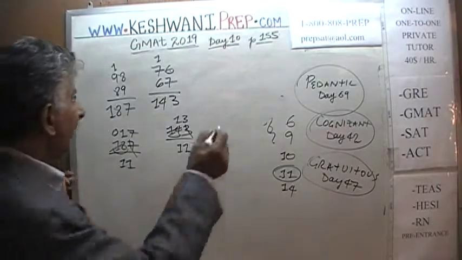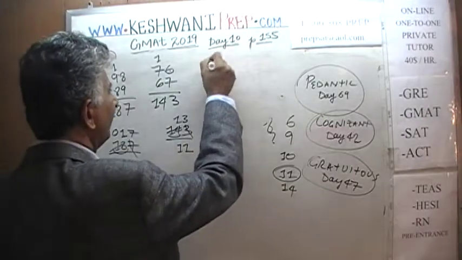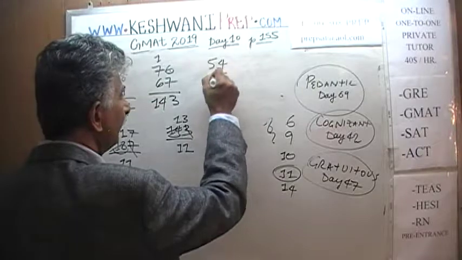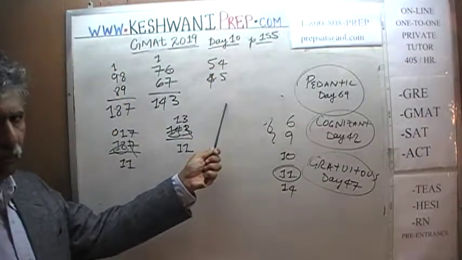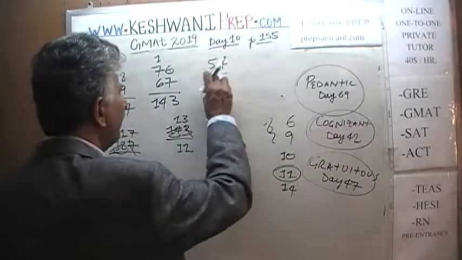One last one. We did 9, 8, 7, 6. How about 5? Well, 5, 4 would not work. Why would 5, 4 not work? Because it only goes up to 9. We want to go more than that because this will be 99. This is too easy. So instead of 5, 4,